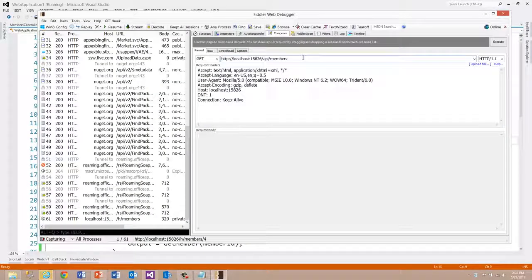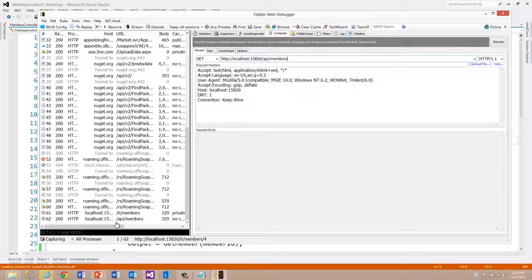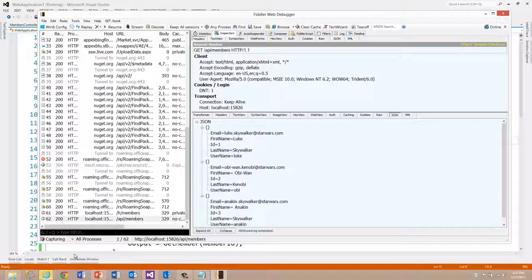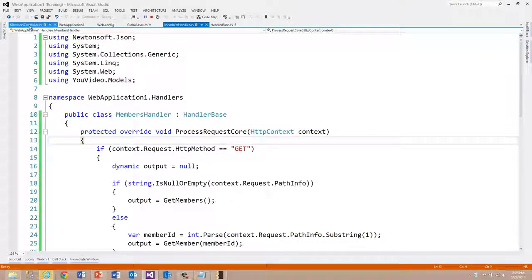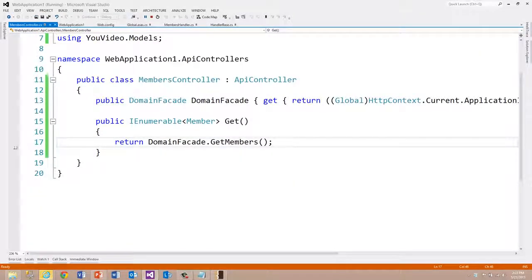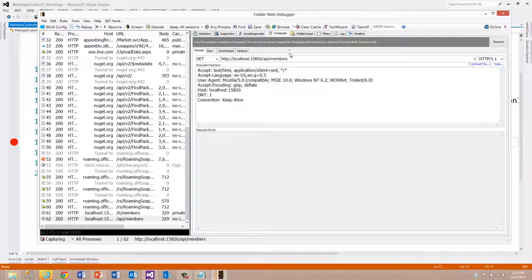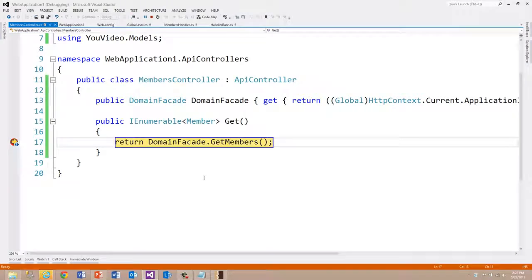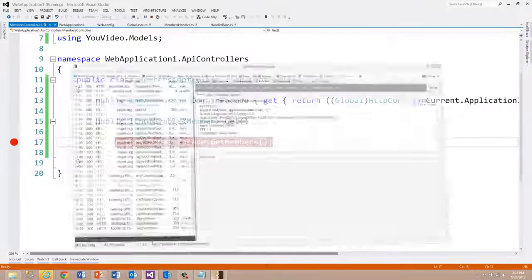Let's run this, and what we get is all the members. Let me put a breakpoint here so you can see it actually hitting the controller. So I'm going to hit enter again. It comes in here and returns, and what comes back out to Fiddler